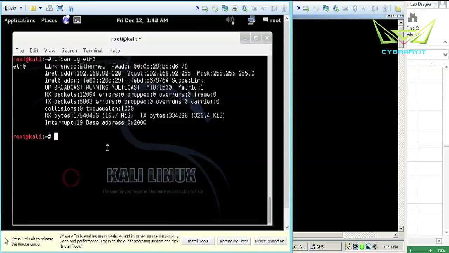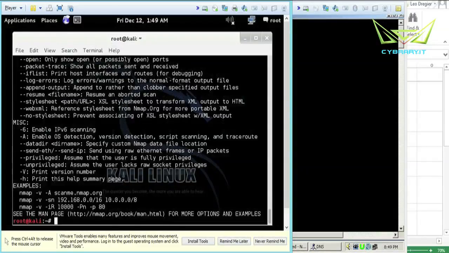192.168.92.128 network. So I'm just going to do a basic scan, and I'm going to poke around. I'm just going to see what's on basically the same network as myself. So we're going to start by basically doing a little overview of nMap, and then we're going to see what's on our network. So first thing I'm going to do is do an nMap